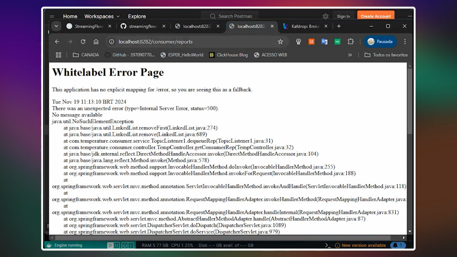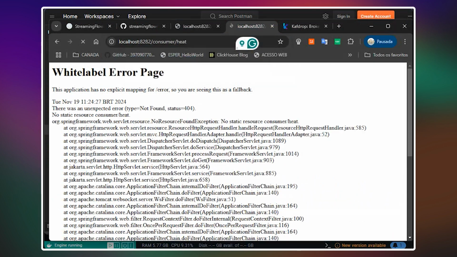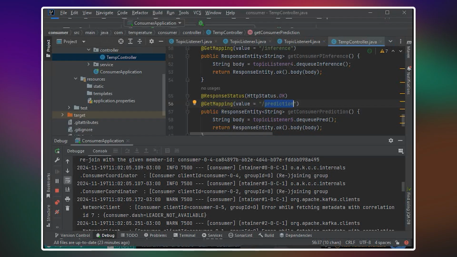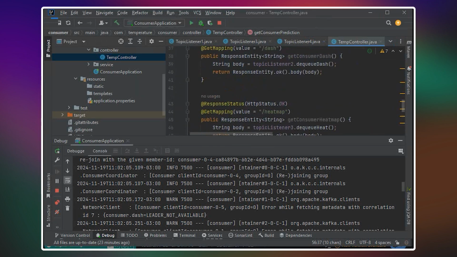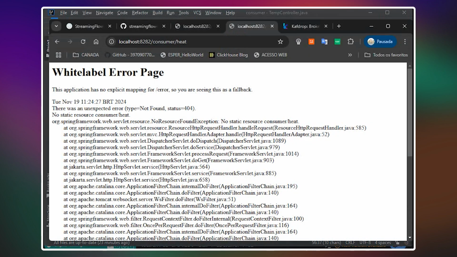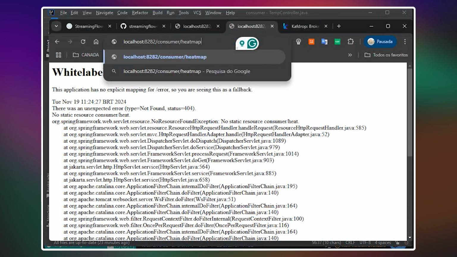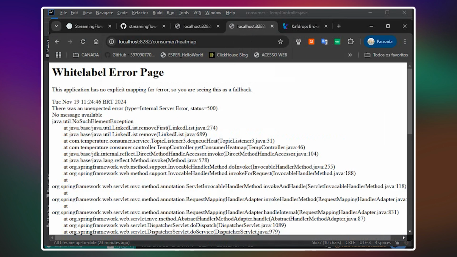Okay, let me import here. I think that's heat map. Okay, heat map. You're going to see the coordination. Of course, there is nothing here because it has not made the change, but we are going to do it right now.